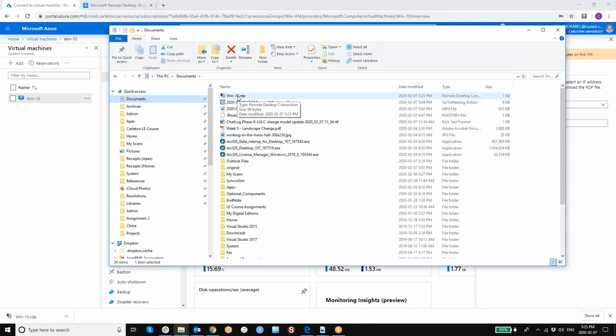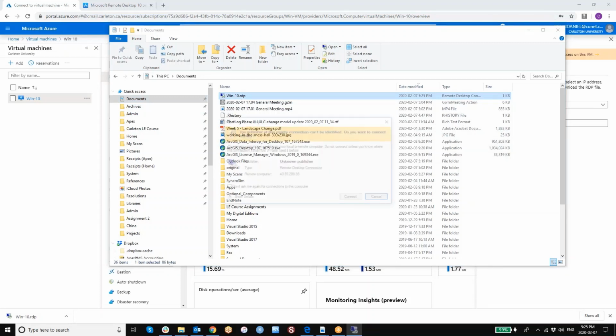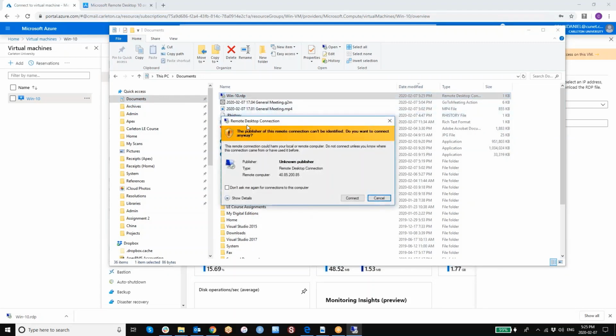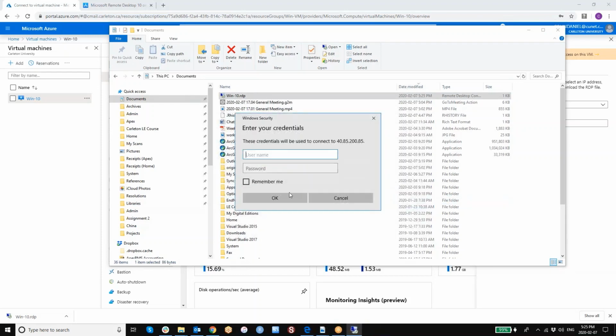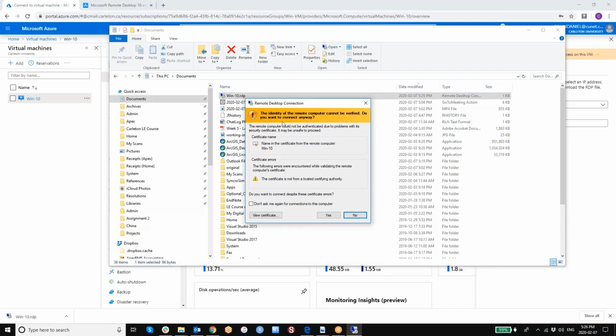There's that Win10 RDP. So if I double click on this, it will try and remote desktop into my machine. And I just say connect here. And here's where I have to enter the username and password for the computer that I gave earlier, right? In my case, it was this, and I think after some trial and error, I ended up here. Okay. And it's saying the certificate cannot be verified. We don't care about that. So we just say